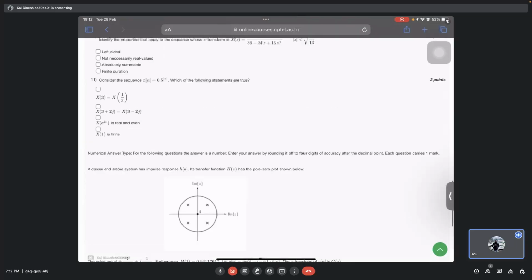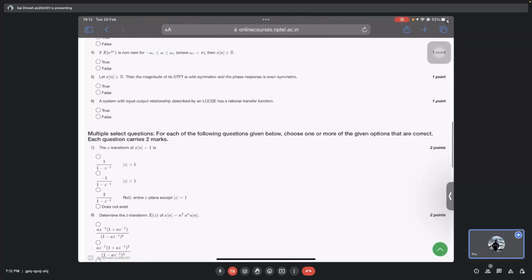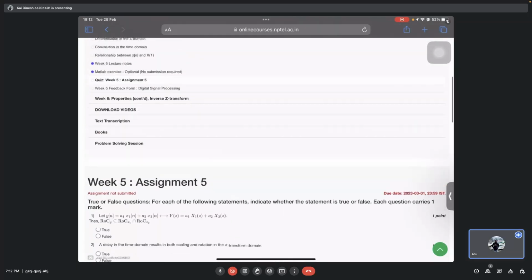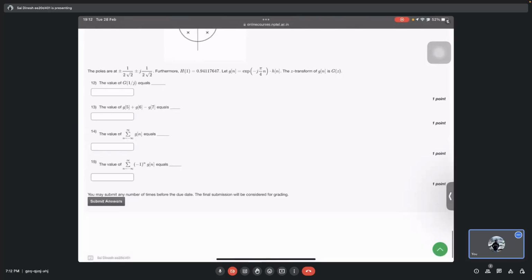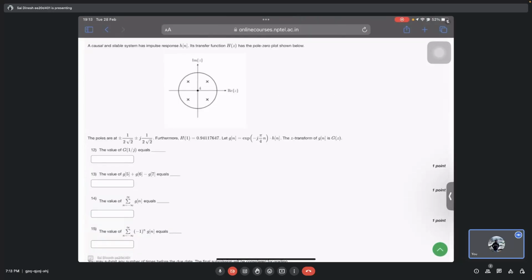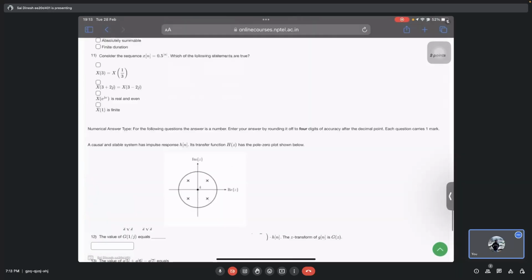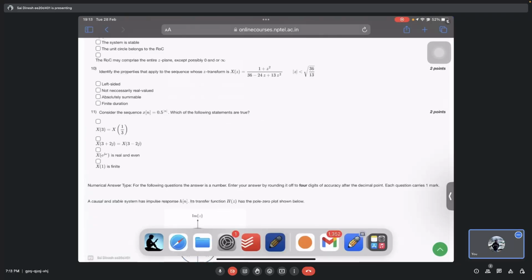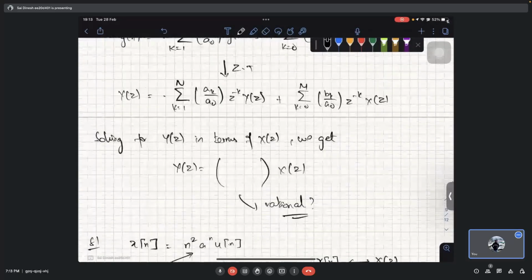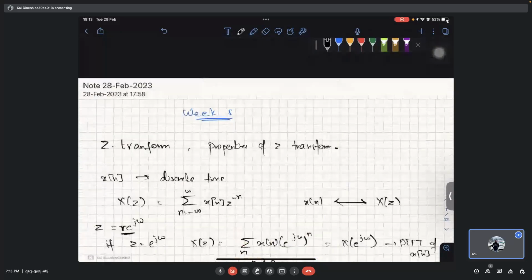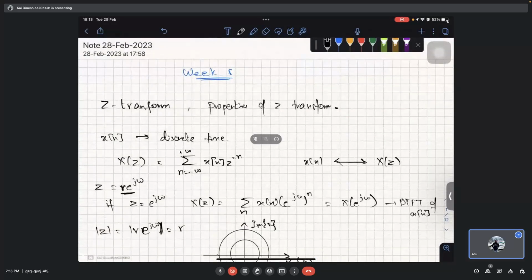So basically these are the hints for these solutions, and then I have discussed a few of the examples from different sources. So yeah, just